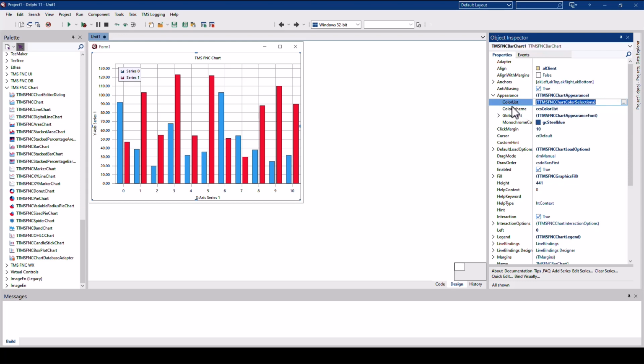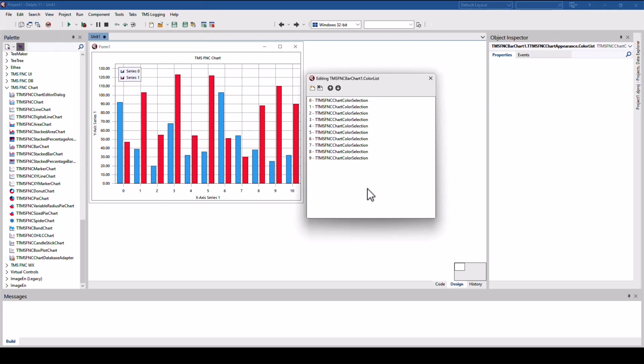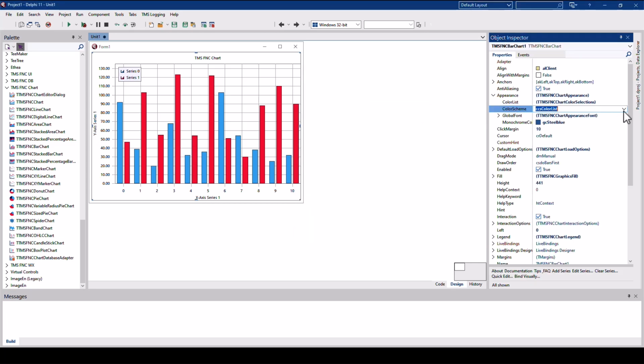What the colors are, you can see in the color list. 10 colors are pre-configured. You can add more. You can also change the order depending on your target audience. But not only the color list is possible, default colors of Excel have been added, and also the monochromatic look.